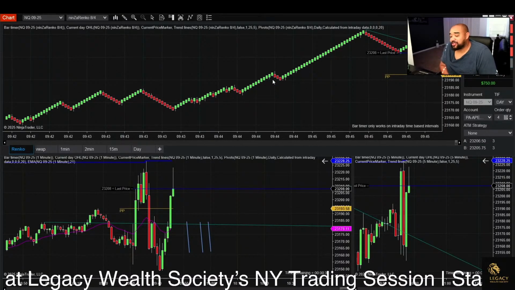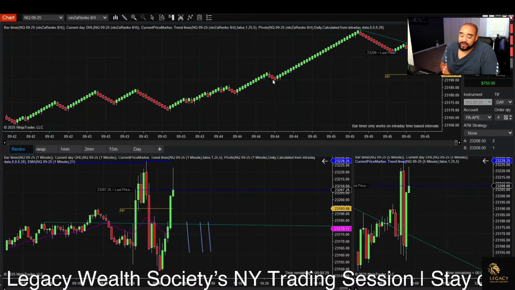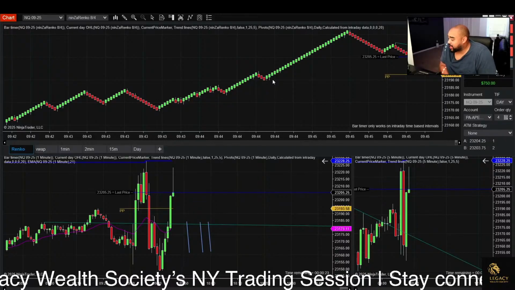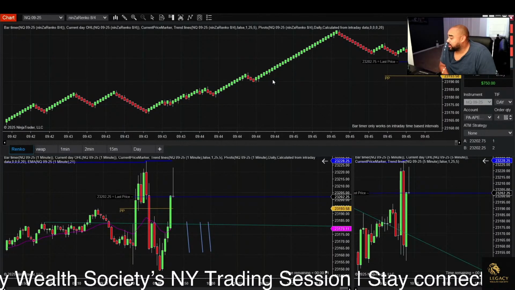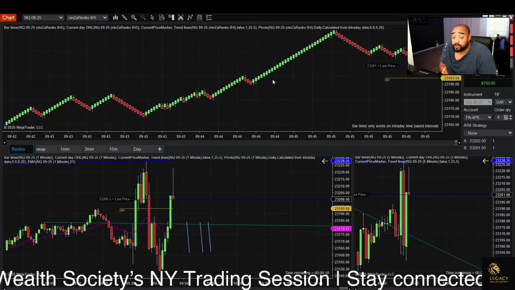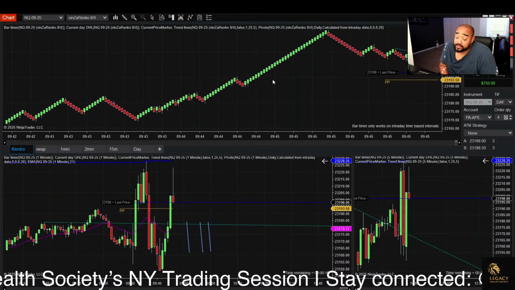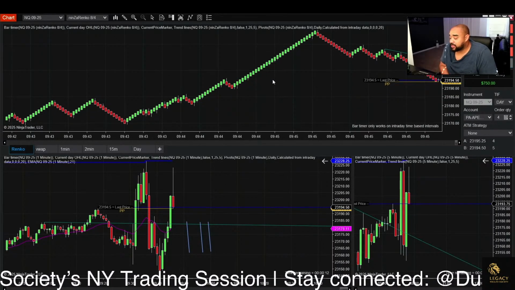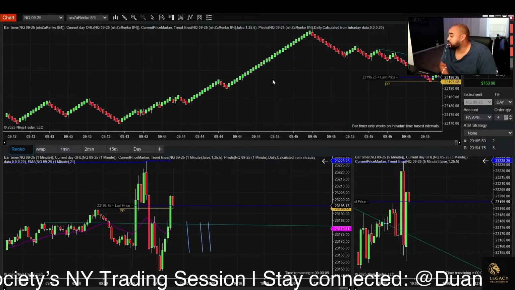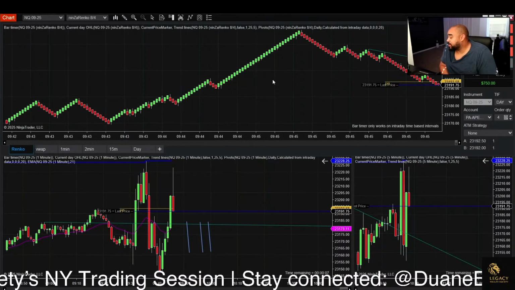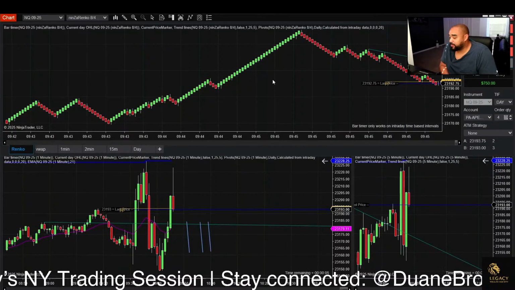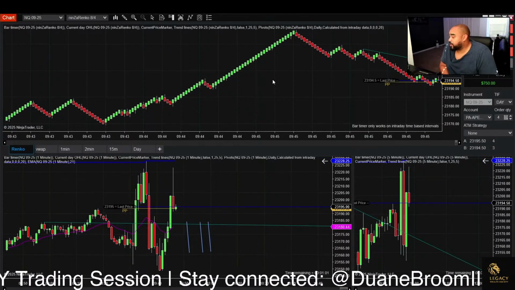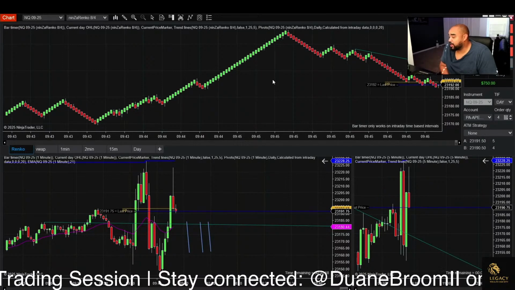I'm still cautious, only because we've got these wicks on these previous candles, letting me know that these sellers are trying to keep this price down. And eventually the bulls or the bears are going to get tired. But we've got that pivot point. We're going to come back down to it, tap it. Let's see if we bounce off of it and keep pushing up. If we keep going below it, then we may start selling off here. We'll see. Right now it's acting as support. We're hugging that pivot point.